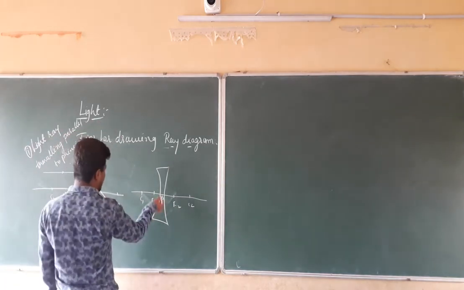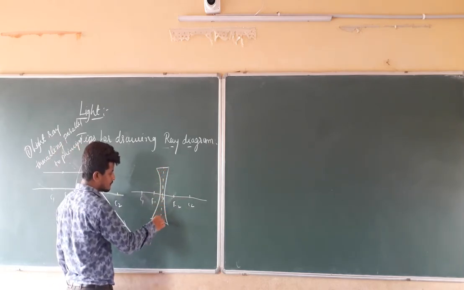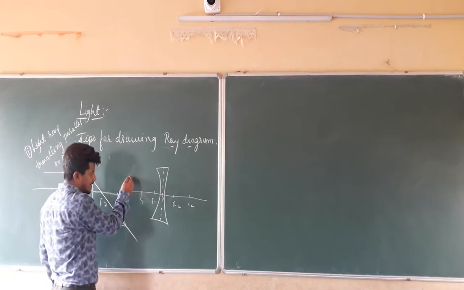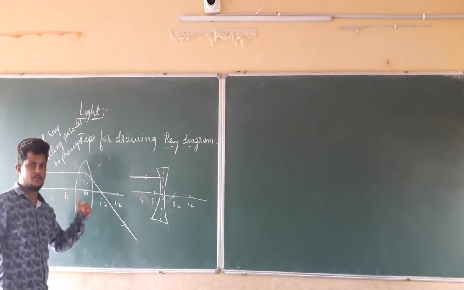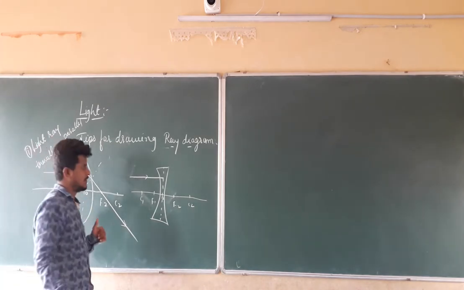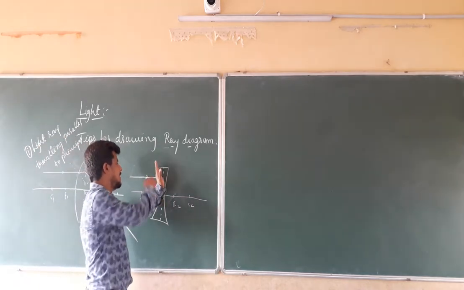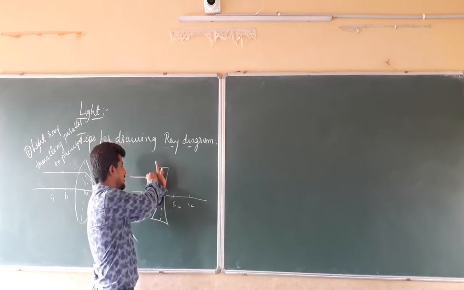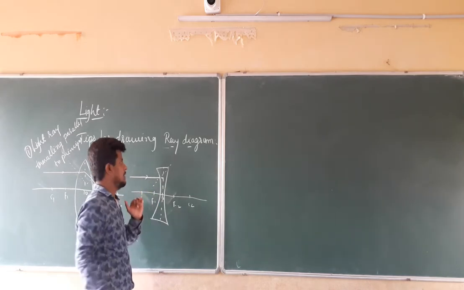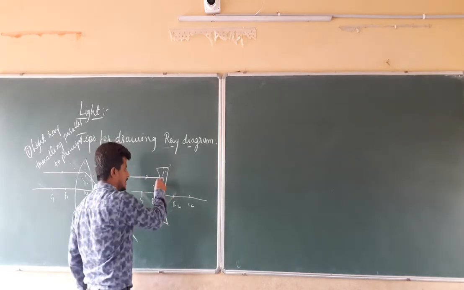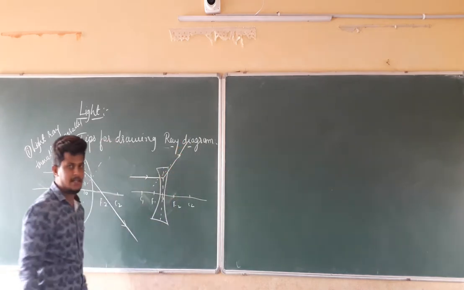In the same manner, take the light ray for the concave lens. The light ray is traveling parallel to the principal axis like this, and you have to show the arrow mark, so that we show the direction in which the light ray is traveling. Now if it is traveling like this, what will happen when I again draw the tangent here? Again draw a normal here. The normal will be like this. What will happen? This light ray is going to bend towards the normal. If the normal is in the upward direction, the light ray is going to travel in this direction only.